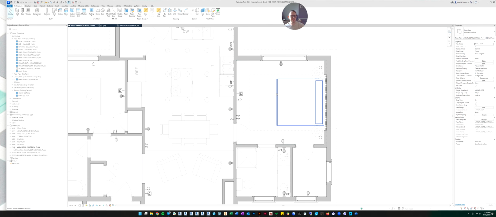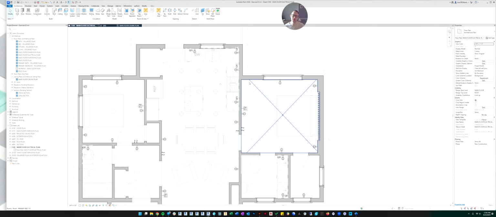Oh, and we'll notice that the can lights have disappeared. If you had a flat ceiling, it wouldn't do this for you. But because I put the tray ceiling in, they've disappeared because they're higher than the rest of the ceiling. And if you look over at our underlay, you can see it says the range. The base level is at the main floor and the top range of the view is at the roof level, which is at 9 feet. But my tray ceiling popped up above the roof level by 6 inches. So now I've got a problem. The view doesn't go far enough up. So let's see what we can do.